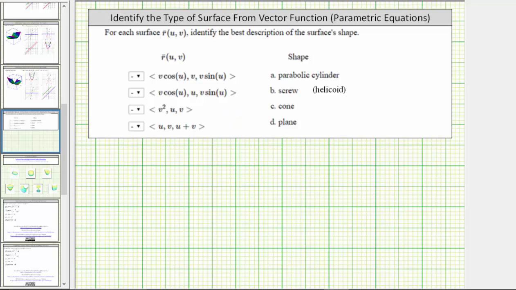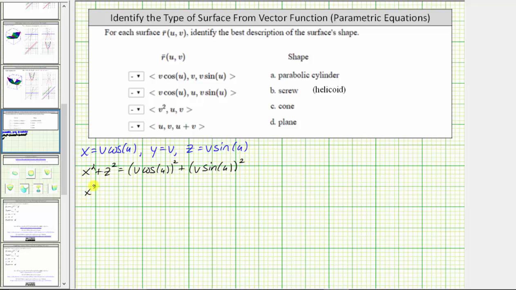Looking at the first vector function, we have x equals v cosine u, y equals v, and z equals v sine u. And now we need to eliminate the parameters u and v. Notice x squared plus z squared is equal to the square of v cosine u plus the square of v sine u,